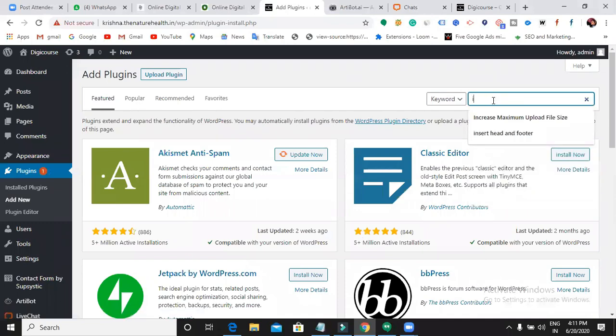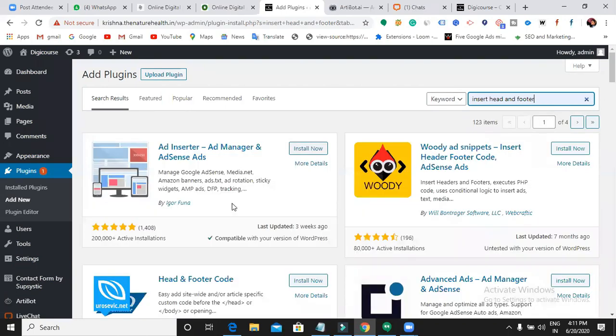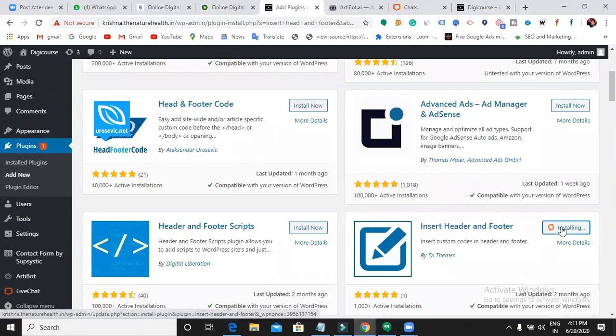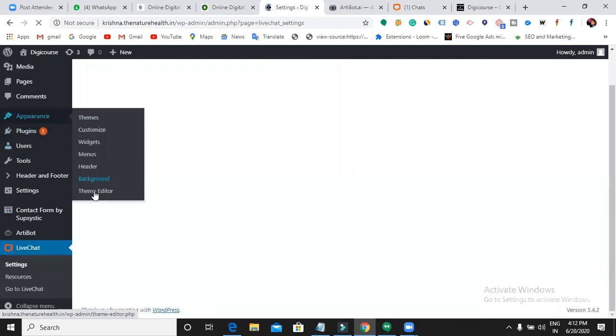You can install this plugin, Insert Headers and Footers, or else you can directly paste it in the coding section. Activate it. If I don't want to use any plugin, you go back to the coding section and paste it there. Under Appearance, you can find an option called Theme Editor.